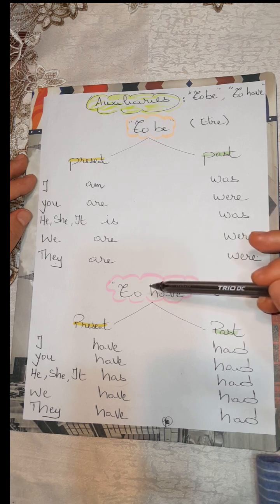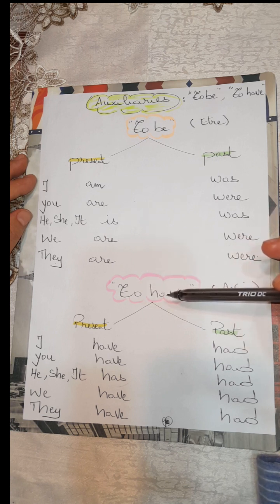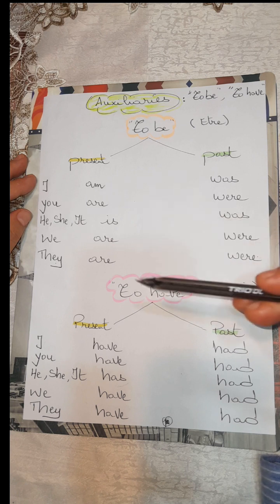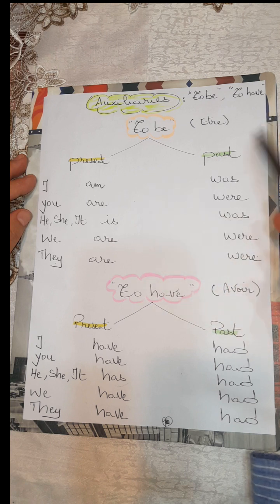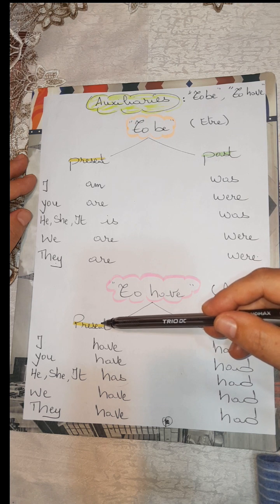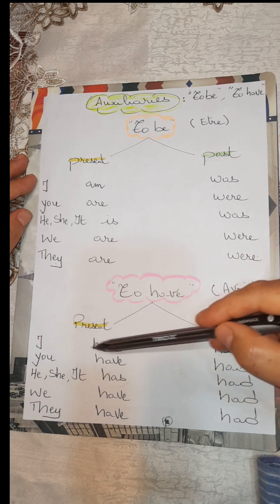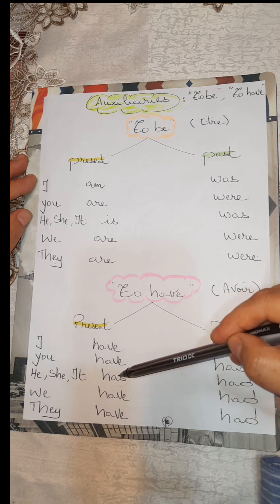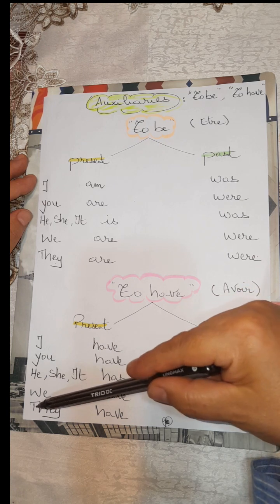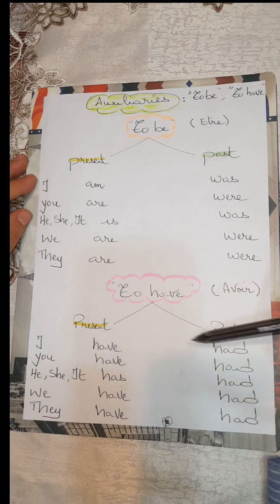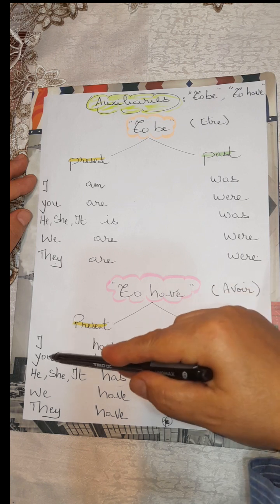The next auxiliary is to have, which we said we use with the present perfect and the past perfect. In the present simple it is as follows: I have, you have, he, she, it has, we have, they have. And in the past simple